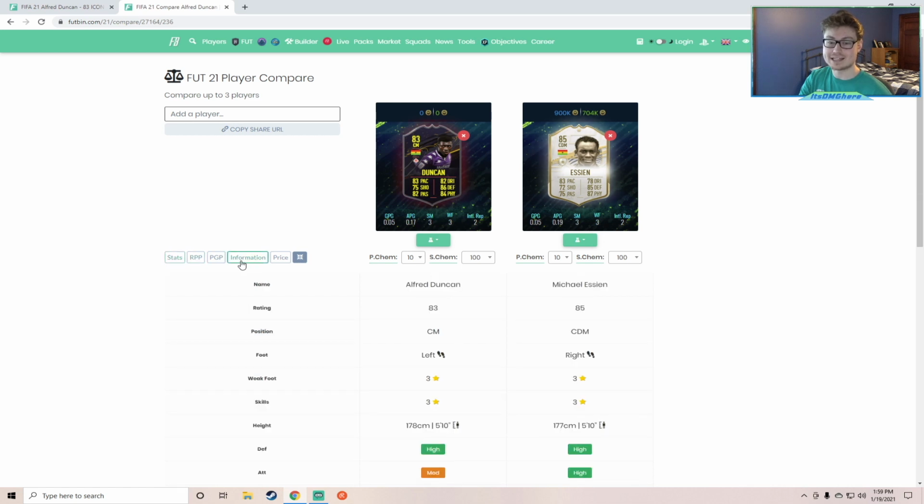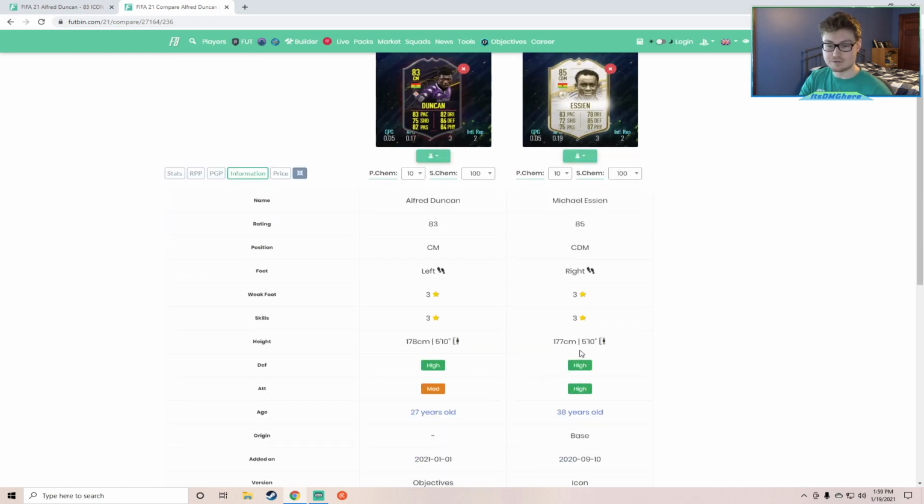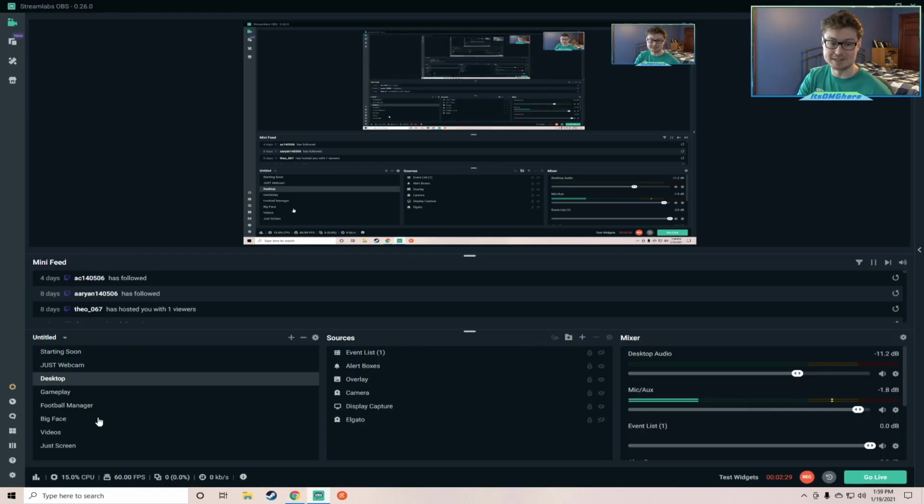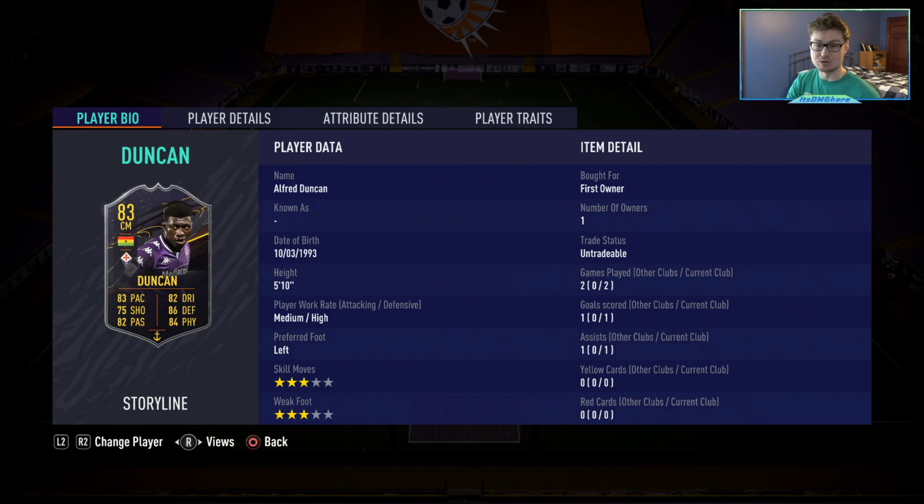However, if you look at their stats, both are 5'10", both are 3-star, 3-star. Duncan's happen to be left-footed, Essien's right-footed. Essien has high work rates versus Duncan's medium-high. Now, me personally, I actually prefer the medium-high work rates in this case because of their lack of shooting. They are defensive mids. They're supposed to be playing defensive mids. So the fact that Duncan here has the medium-high work rates, I would take that over Essien, at least me